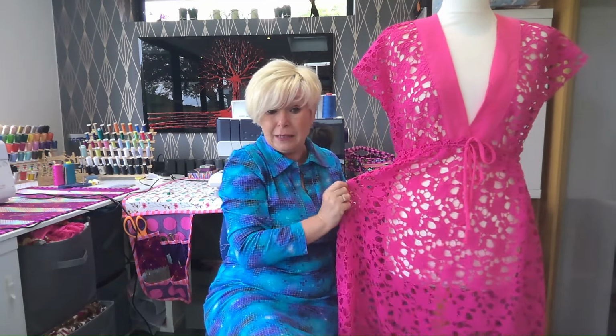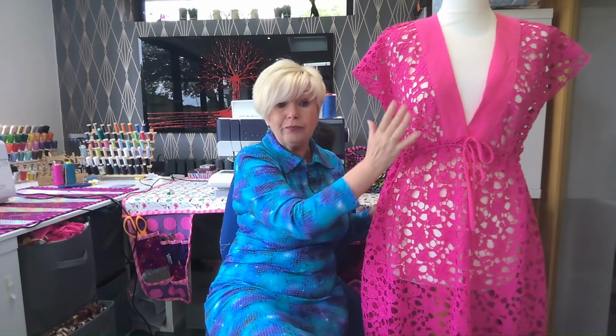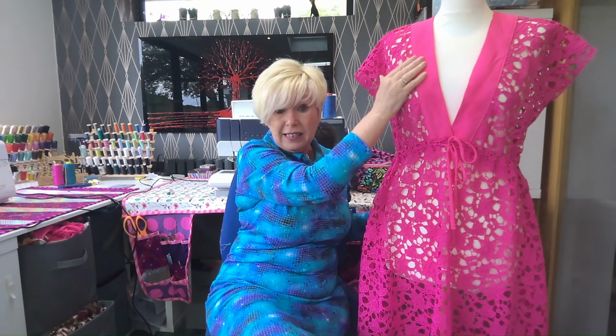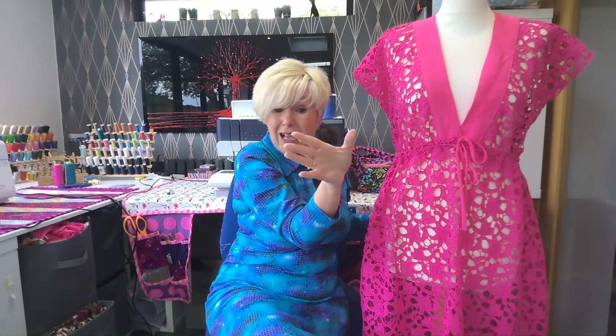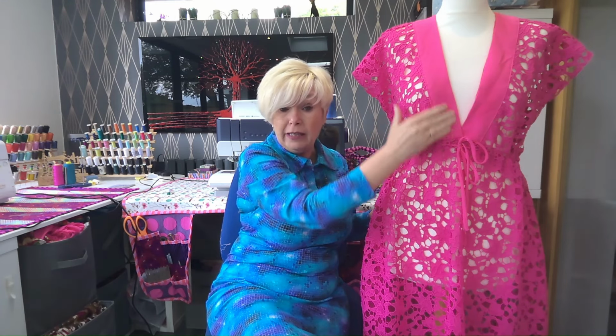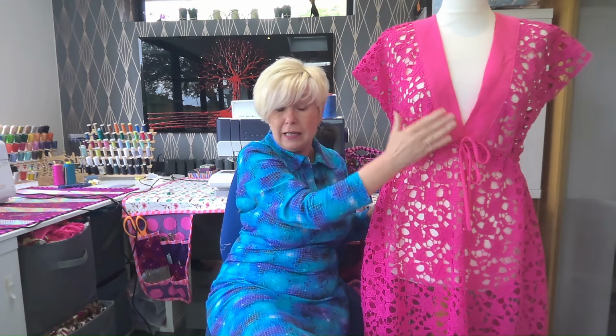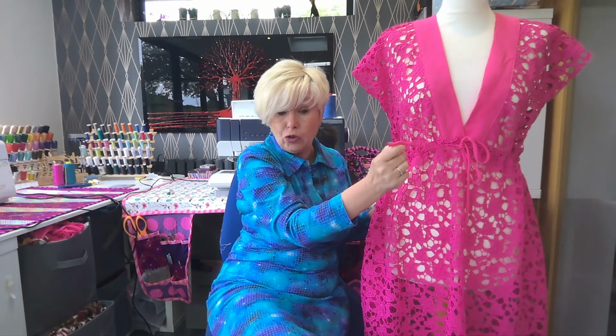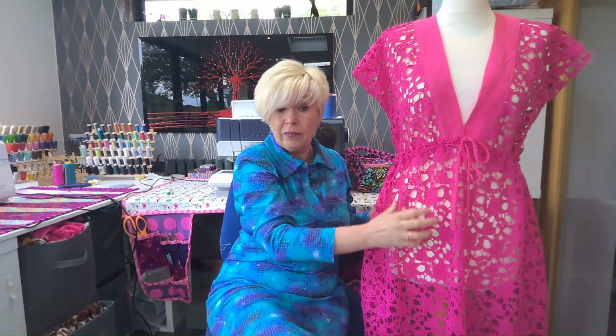So I've done the pink lace all over, and then I got some of the viscose crepe, the same as the sundress, but in a bright pink to do the neckband detail, and I think it works really well. And I've used that fabric for the drawstrings at the front as well. So yeah,